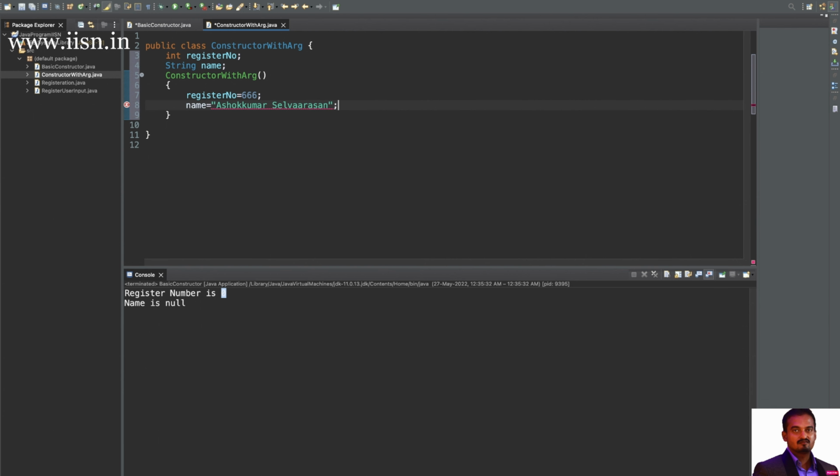Now you see we are going to create a constructor with argument, right. This is a constructor with argument, which means you have to pass some values to the method through the argument. Here I am declaring two variables, one is int r, another one is string n. Now I am going to assign values to the variable. Previously we assigned the values to the variable directly, but now we are going to assign the values through the argument. That is register number equal to r,